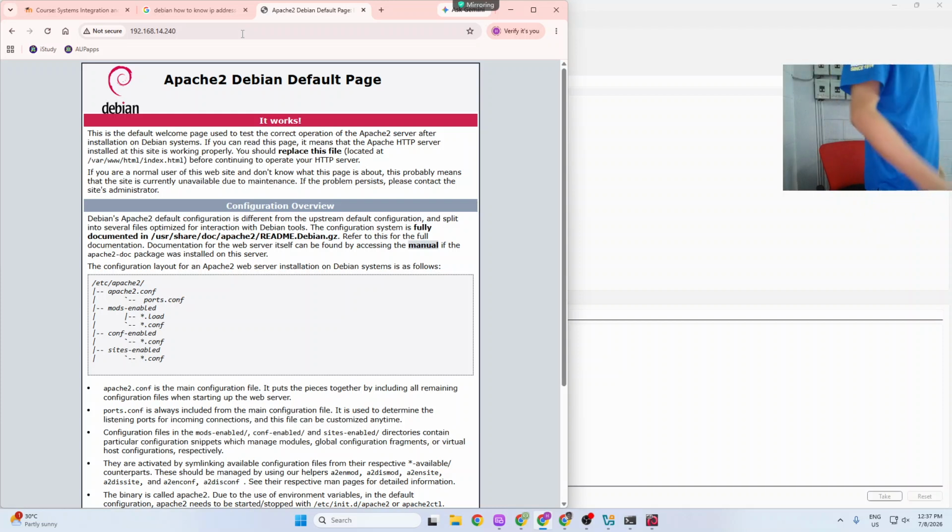Can you also try 192.168.14.240? Can you try it in your browser? Does it work? 192.168.14.240? It works? Okay, that means